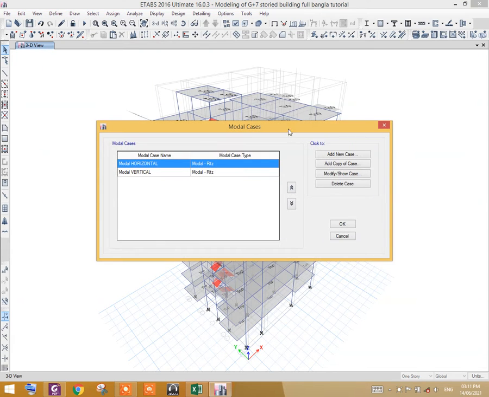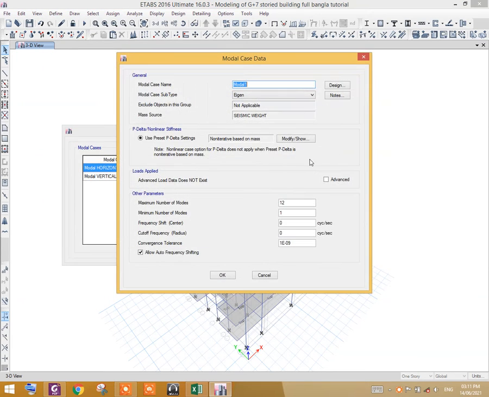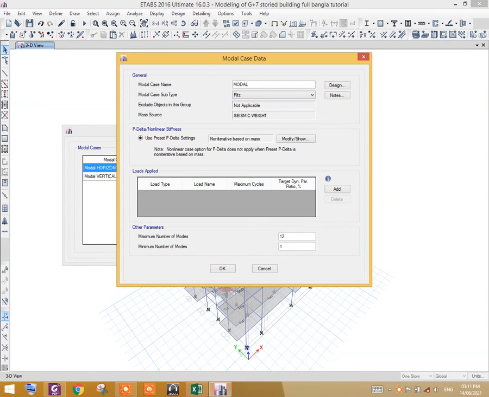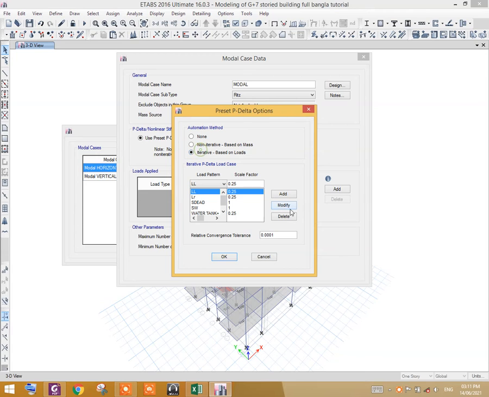Modal cases, add new case, give it name modal, and select eigen, select reach. Here you can define the vertical loads that will be interacting during earthquake load.